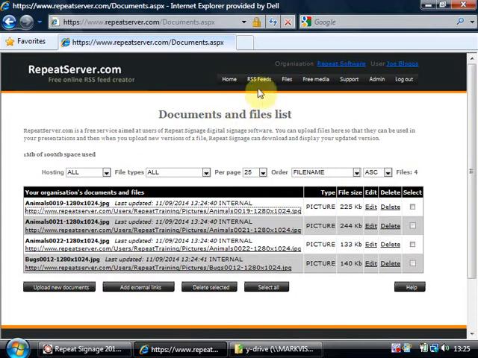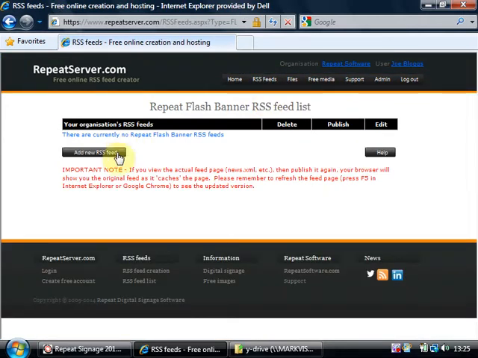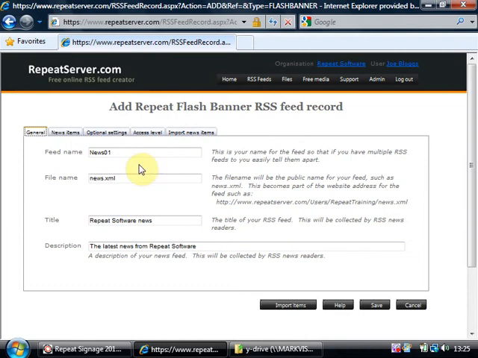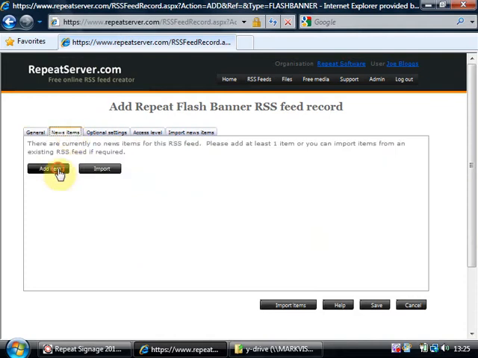Now what I'm going to do now is I'm going to go to RSS feeds and Repeat Flash Banner RSS feed list. And I'm going to create a new RSS feed, and I'm going to call it Repeat Pictures. I'm not worried about anything else, so that's going to be the name of my file. And I'm going to go to News Items and Add Item,